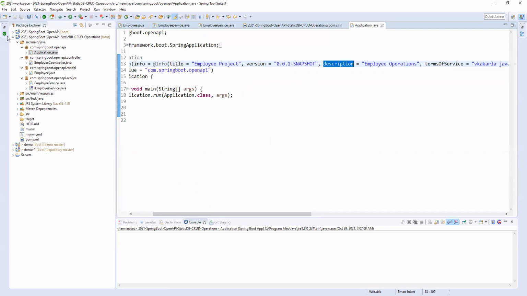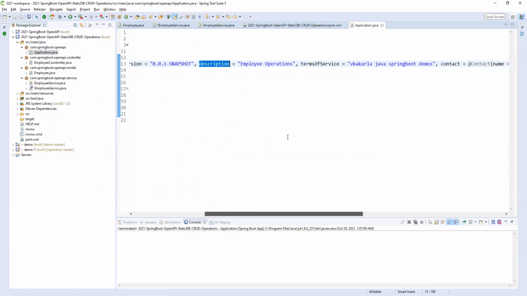Description, you can define your entire service. You can say this is the employee operations, or employee CRUD operations, or employee service transactions. You can say anything instead of CRUD operations. So you can say employee service operations, right?